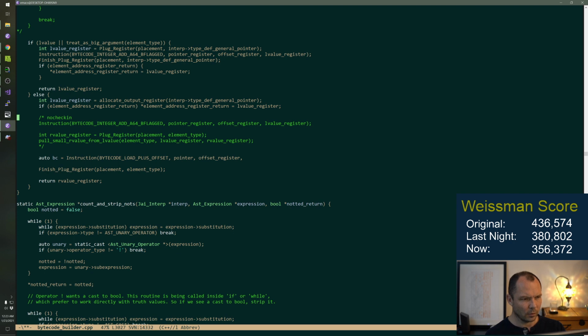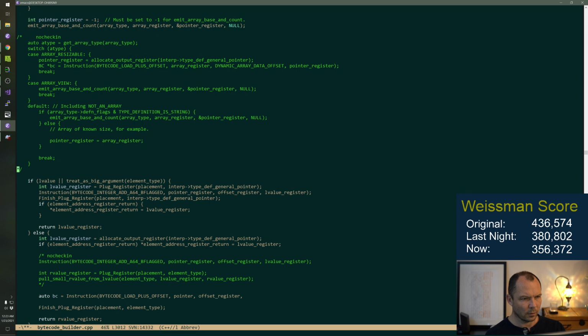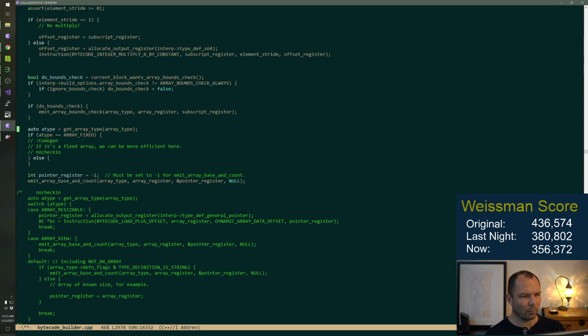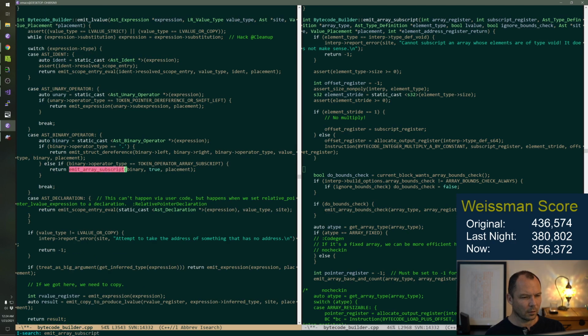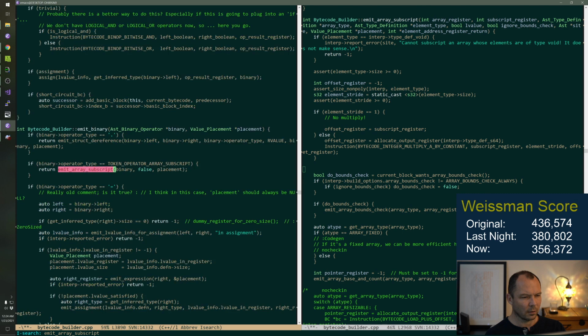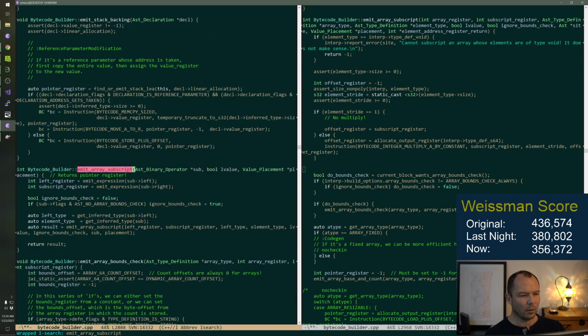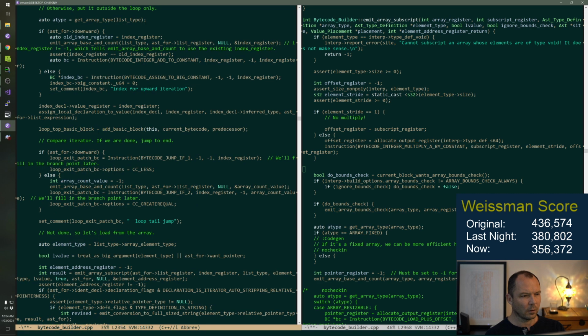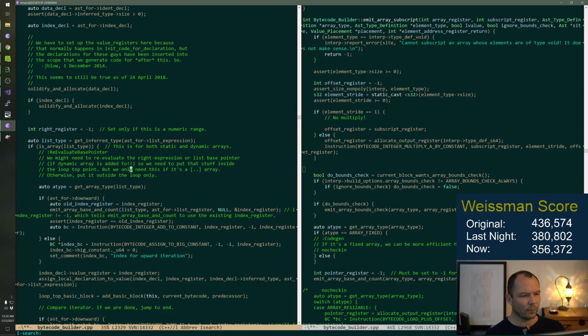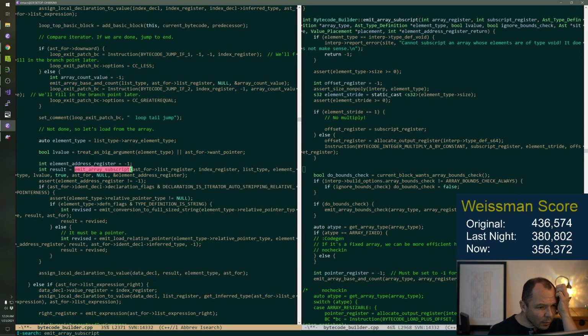Fudge. See, here's the problem: somebody might want the address. No, literally. See, this is, oh wait, hold on. This is for if it's an array, element address register. Damn it, bro.